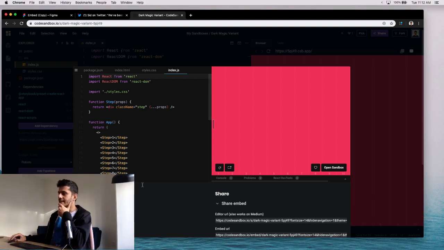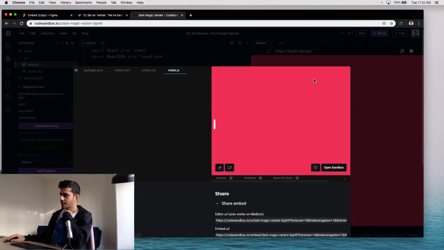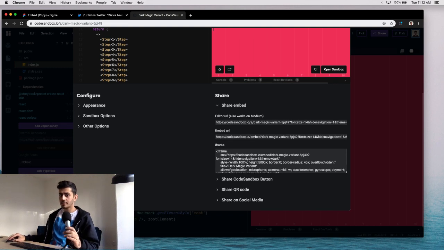So, yeah, what we did not do is the way you use an embed: you go to share, and then you have these links which you can put on Medium or your blog or your documentation, and it's kind of cool. But